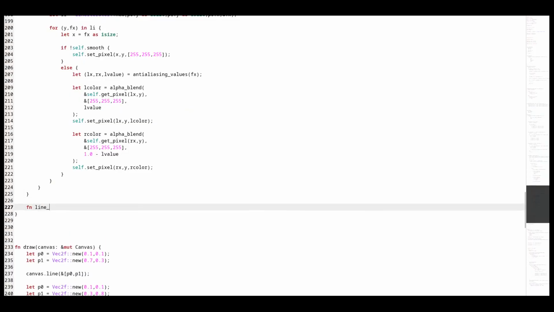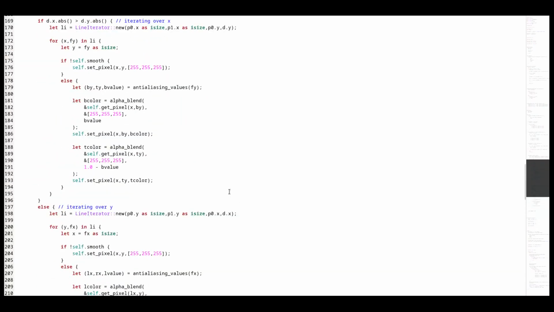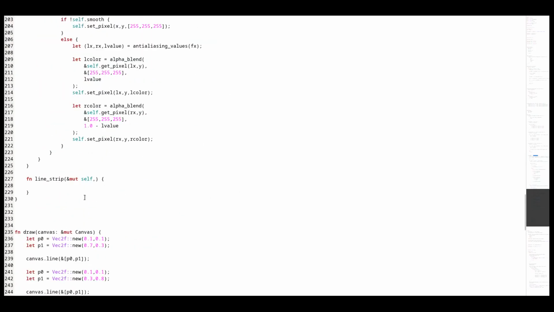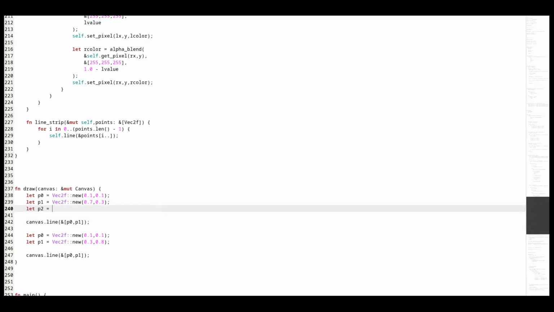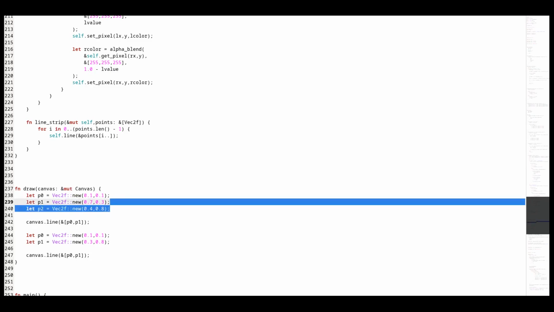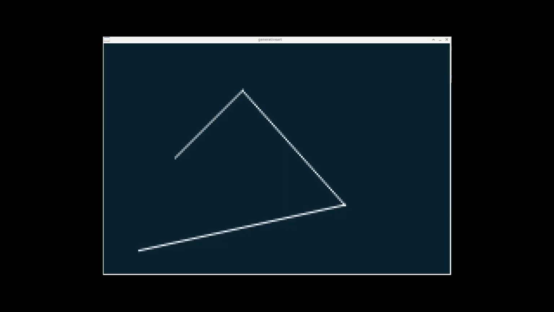Let's then make a function to draw line 3. And this is our result so far.